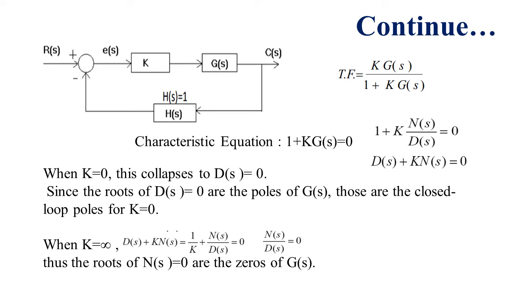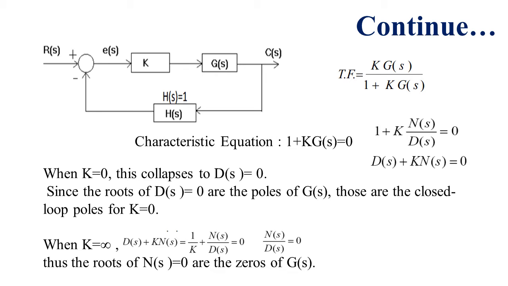you should be able to see that by changing that parameter you are going to be changing the location of the poles of the system. Remember that poles of the system are values of S that cause the transfer function to be divided by 0 or to blow up to infinity. So if I put K equals 0 in the transfer function of the system, this collapses to the characteristic equation of the system, the denominator of the system equals 0.